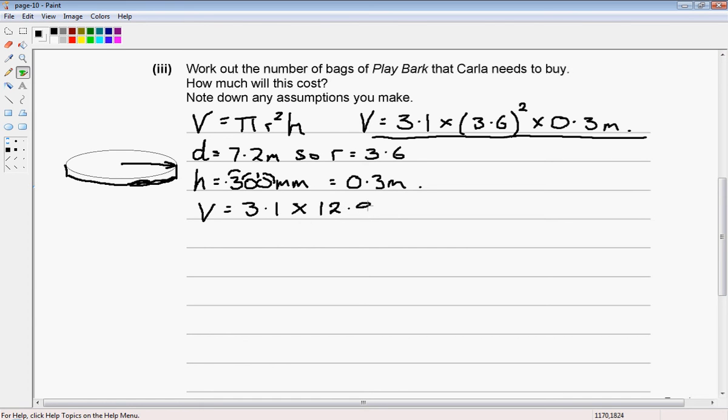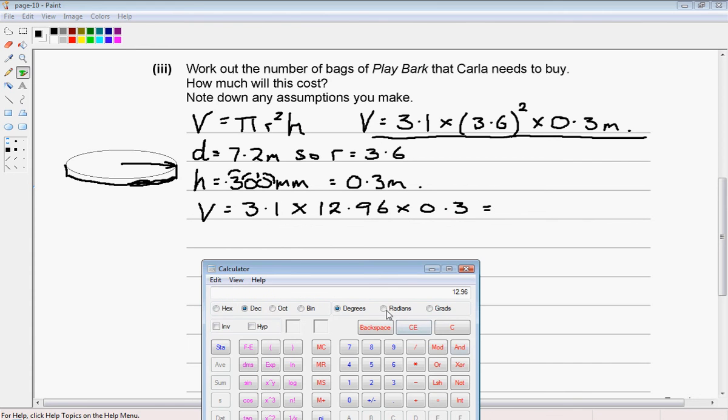So we get 12.96 multiplied by 0.3. Okay. So now we put this through the calculator. So we clear this. So we have 3.1 multiplied by 12.96 multiplied by 0.3, and that will give us